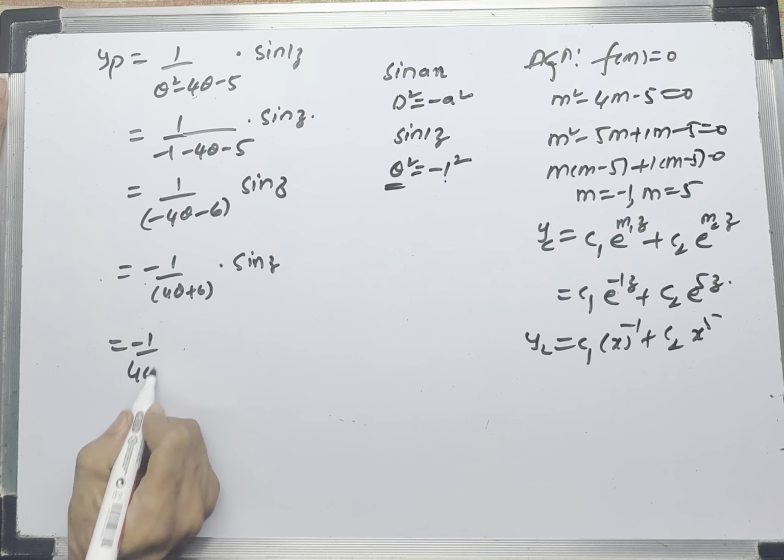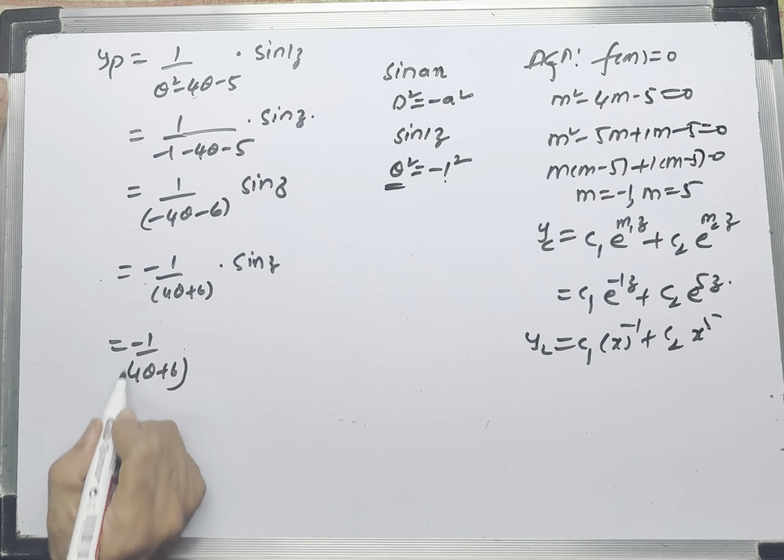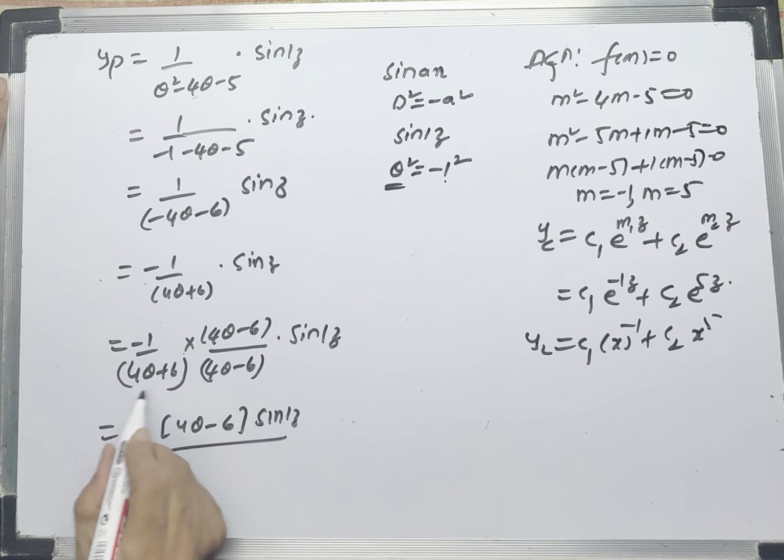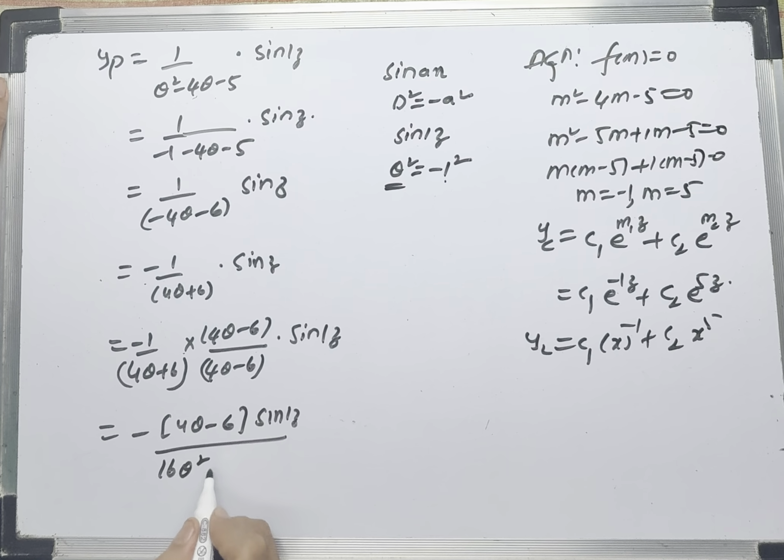Minus 1 by 4 theta plus 6, using whatever we have done in unit 3, that method only. Minus 4 theta minus 6 of sin z. A plus b into a minus b is a square minus b square. This will be minus of 4 theta sin z minus 6 sin z divided by